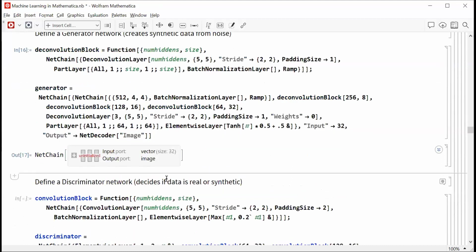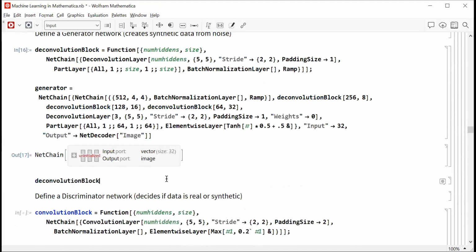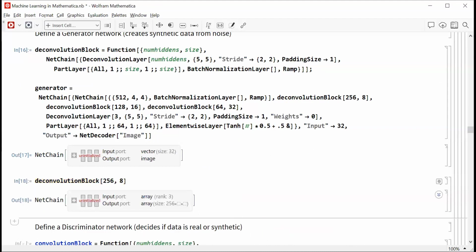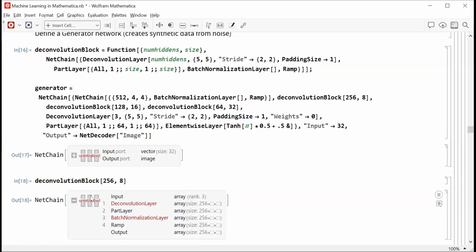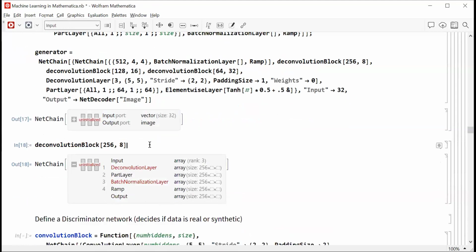So let's just take a look at one of these deconvolution blocks, which we're going to have as part of our network. So let's give this a particular size so that we can have some concrete example. So let's say 256 and 8. And so if we look at what we have here, and then let's also maybe just take a look at the